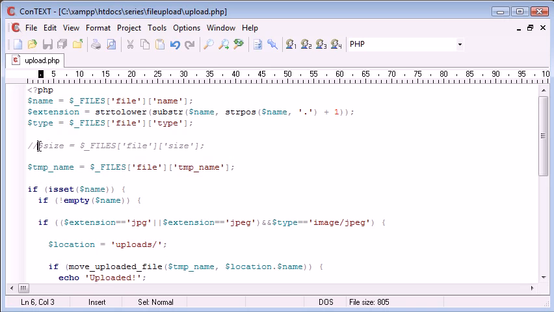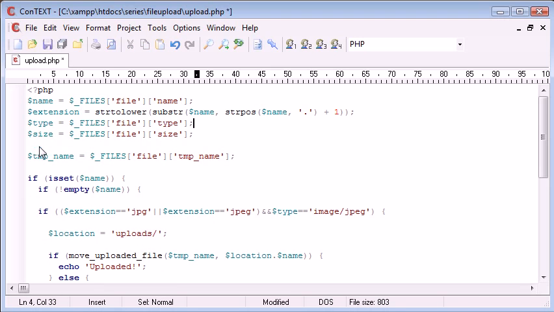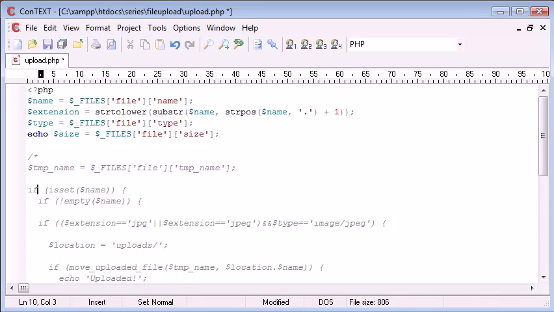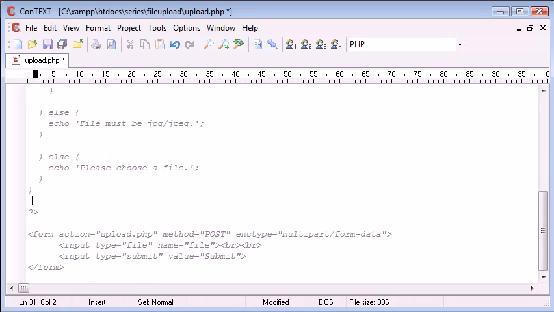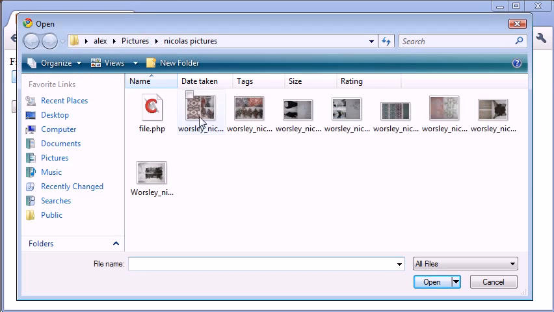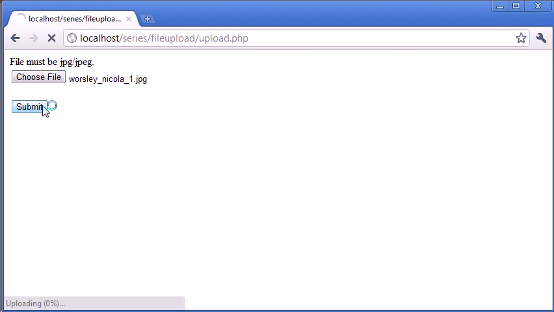Now, file size is actually processed in bytes, so we can uncomment this because we want to use it. Let's just echo that out and then we'll comment out the rest of this code so we can preview the result. So let's go and choose a file. We'll choose this image file again and click submit. Now you'll see that this file has been returned at